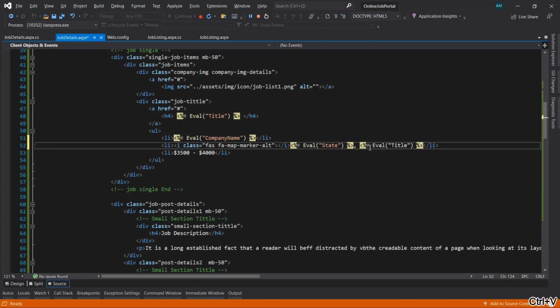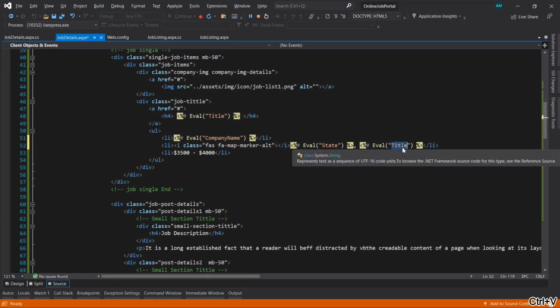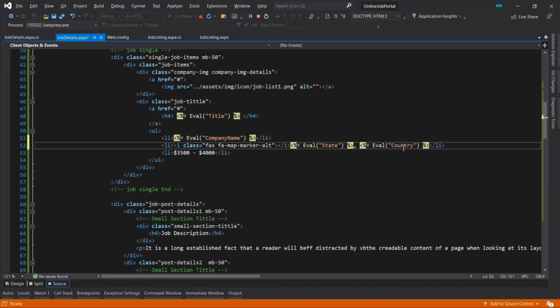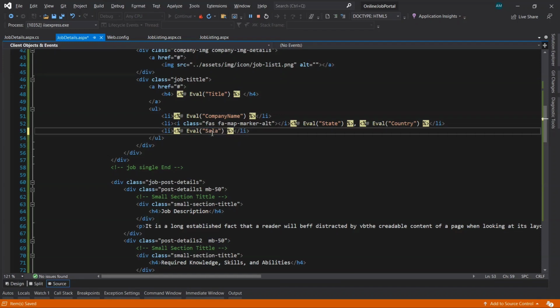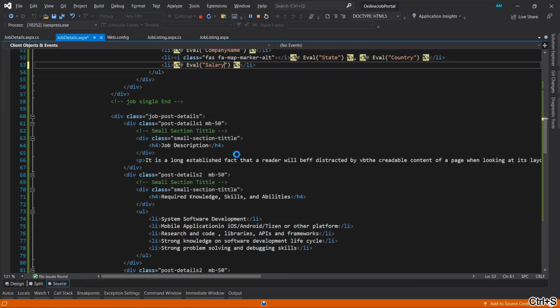Select this, paste here, and let's give country. The text inside this function that I am giving is the table's column name from the job table. Now here salary, paste here. Okay, save it.